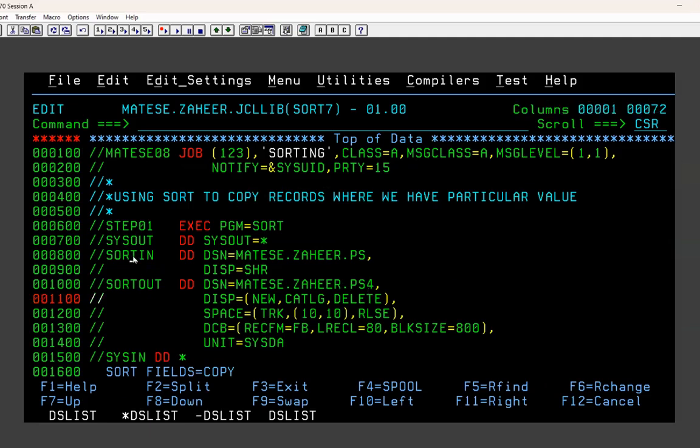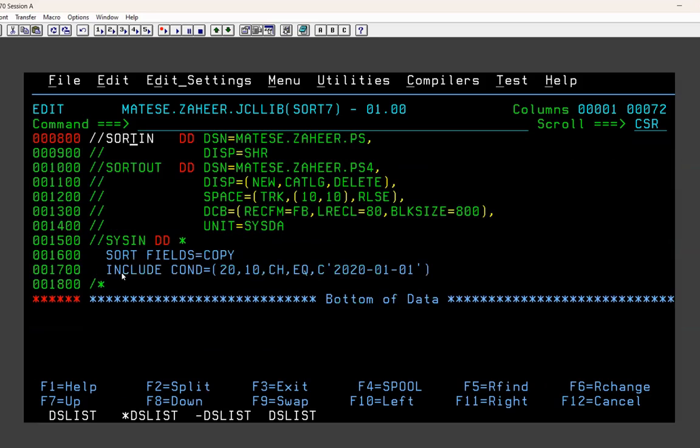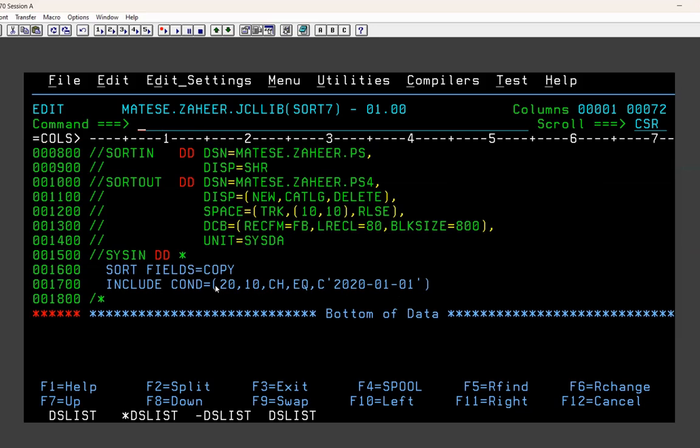So from the input file, I want to copy data to the output file based on multiple include conditions. Suppose I want to include two include conditions. One is this one, another is OR this one. That means the records, the employees who have joined on 1st January 2020 or who have joined on